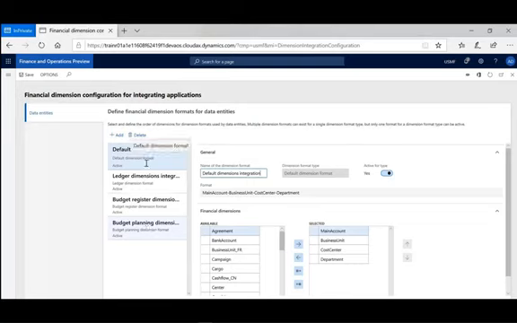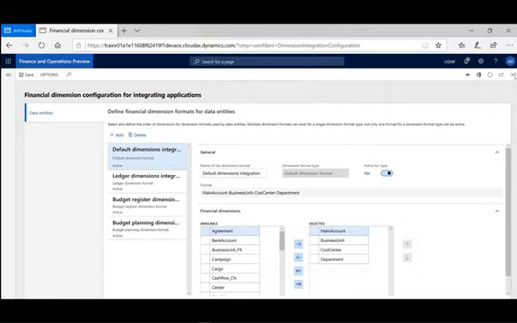So to use financial dimension, we need to make sure the default financial dimension integration is a set of active type, and we have a proper financial dimension be selected to be used on financial reporting. If I confirm that, you can save it, or you can include a different dimension if you want. Okay, I click Save